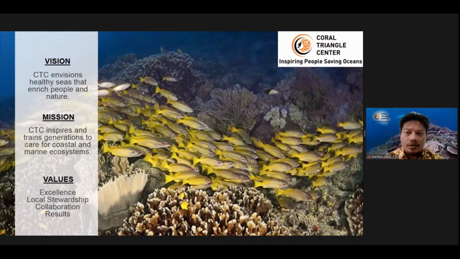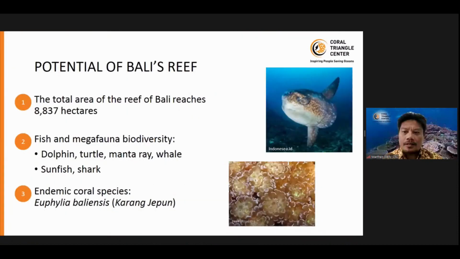Bali has potential for coral reef. The total area is about 8,837 hectares. This is a habitat for fish and marine megafauna biodiversity. And Bali also has an endemic coral species, Euphyllia baliensis. Based on the CTC survey in 2015 using the Manta Tow method, CTC tried to map the distribution of the coral reef in Bali province. And unfortunately, Bali reef